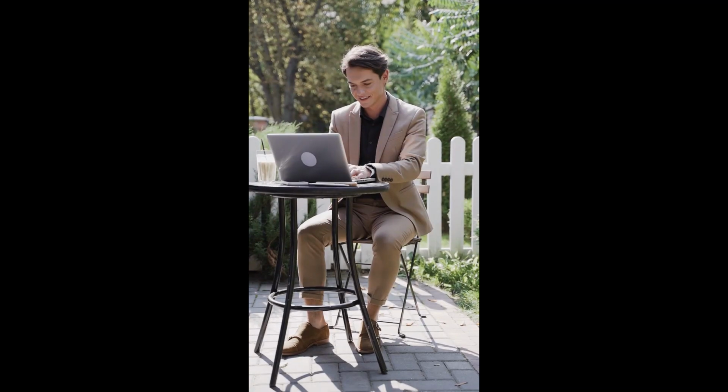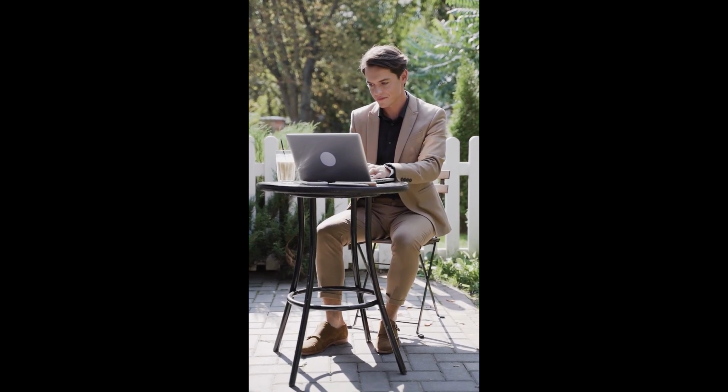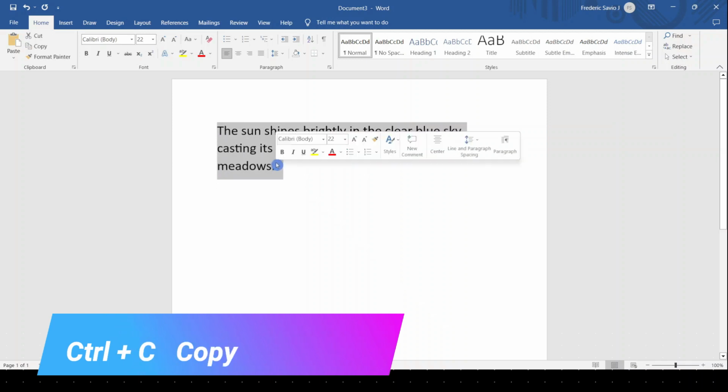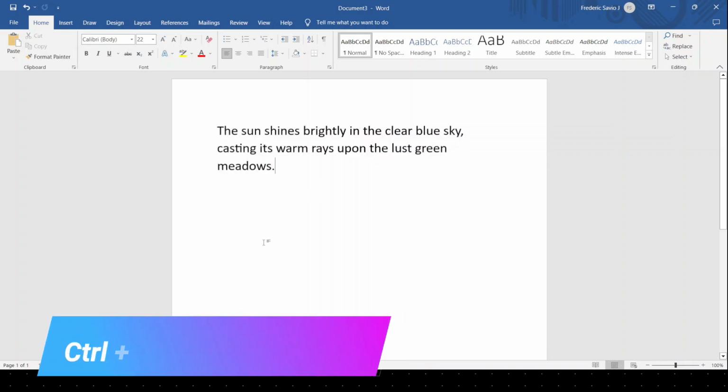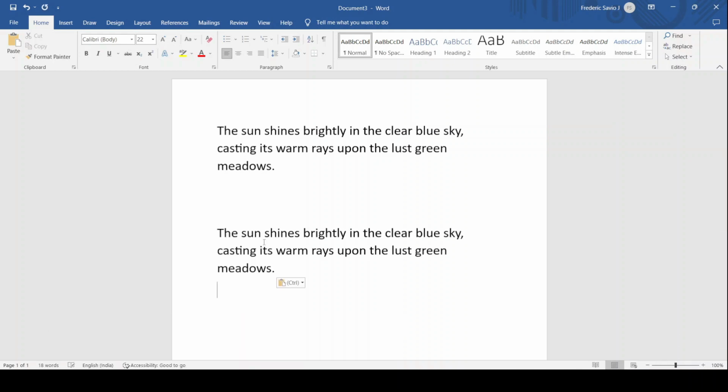Let's dive in. Let's now explore some commonly used shortcut keys that can make your life easier. 1. Ctrl+C, copy. This shortcut allows you to copy selected text or items to the clipboard, ready to be pasted elsewhere. 2. Ctrl+V, paste. Use this shortcut to paste the copied text or items from the clipboard into a document